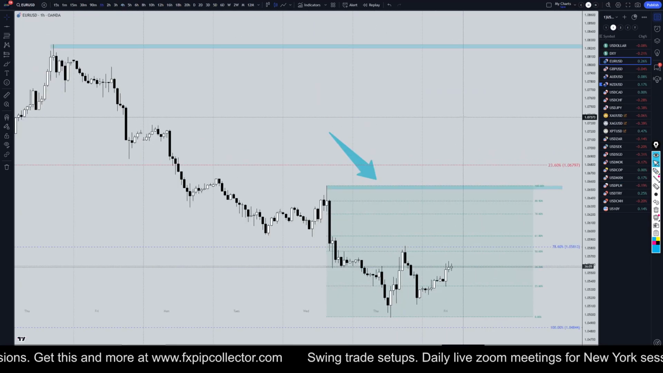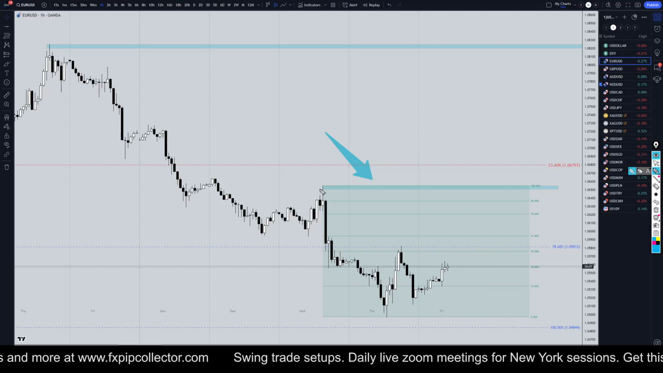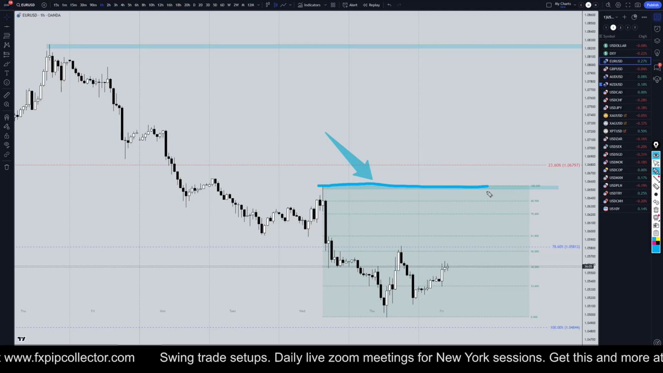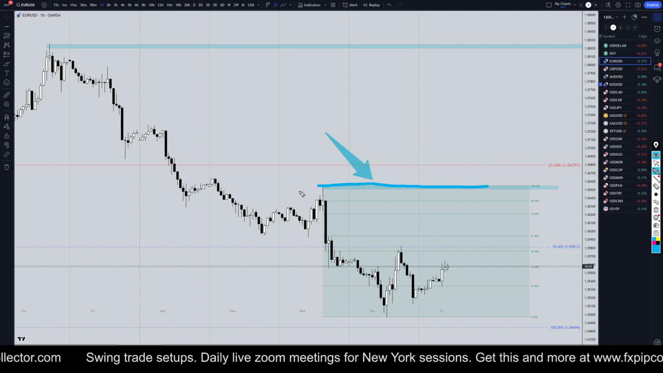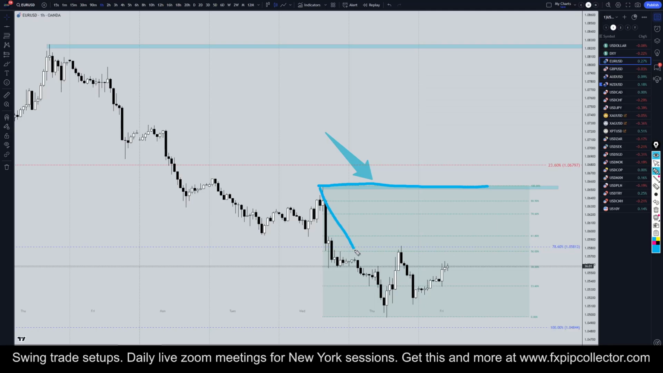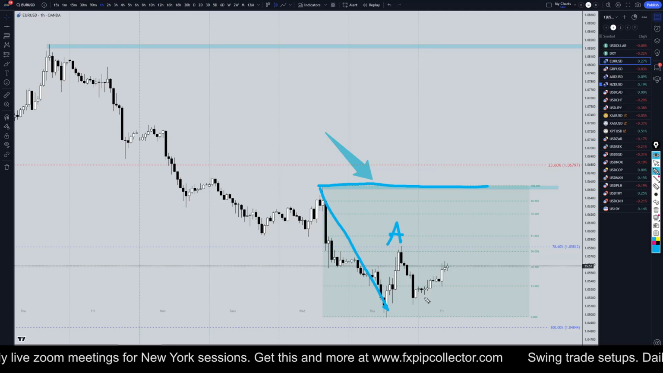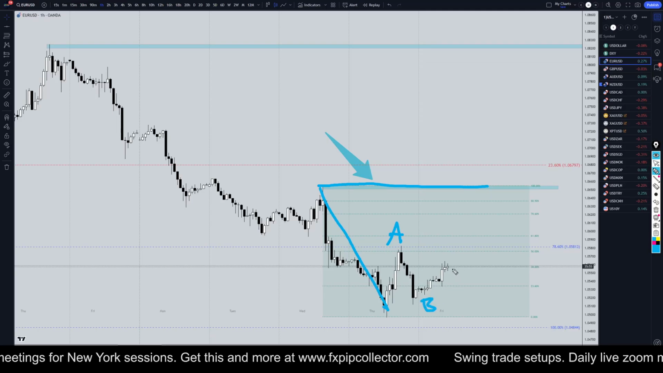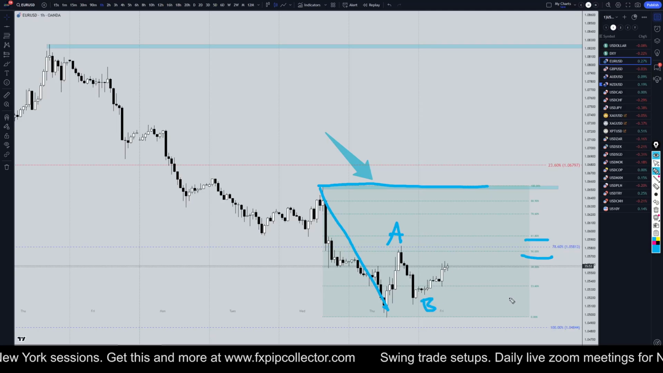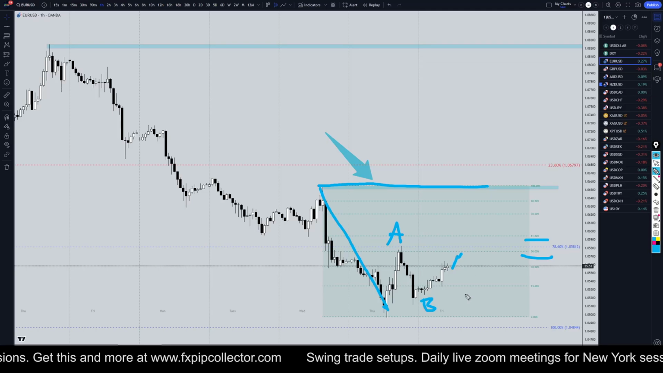Heading down to the 1 hour time frame, like I said, as long as it doesn't break this high right here, I would definitely be looking at any moves I see to the upside as nothing more than a correction to the last impulsive move down. So I would assume that this first move up is an A. I think this is probably a B. I would expect it to at least go to the 50 to 61%, maybe something like that,